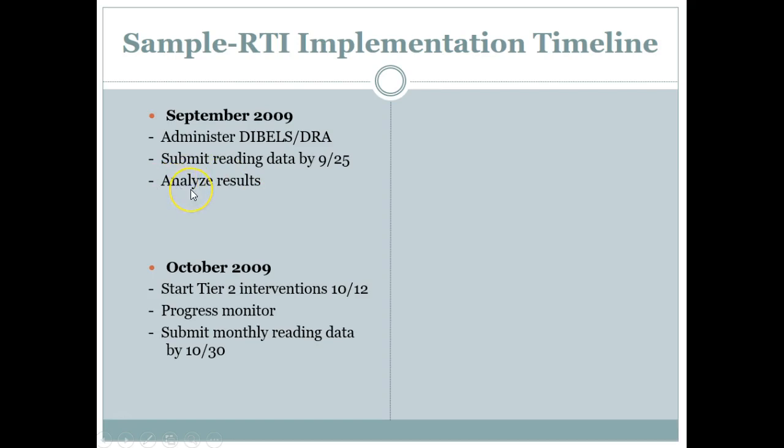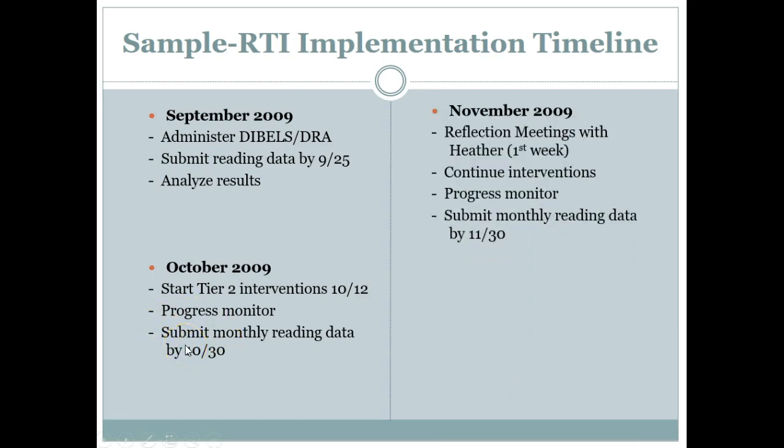Then from these results, we determined who needed additional supports, and then we started our Tier 2 interventions. We progress monitored them, and then teachers again assessed students on their reading levels and submitted their monthly reading data to me. So the first week of each month, I was having a collaboration meeting with teachers where we looked at this data. We talked about who is not making the needed progress, how can they be targeted in